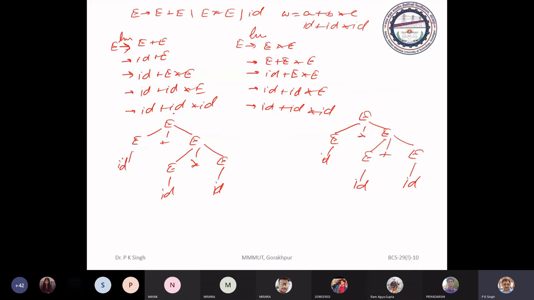Now again, both are leftmost derivations and producing these syntactic structures.